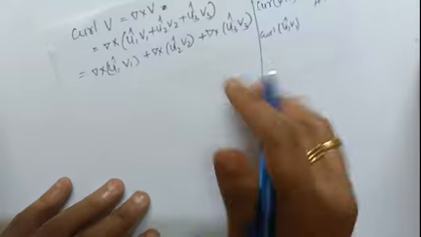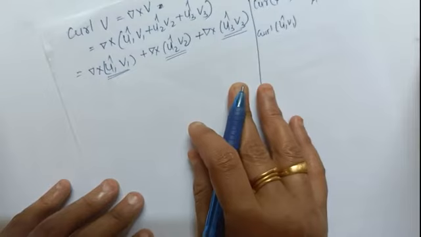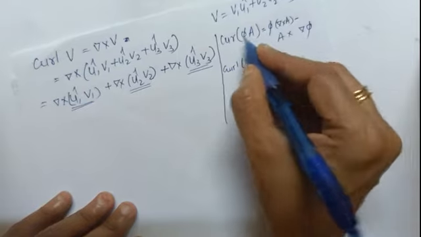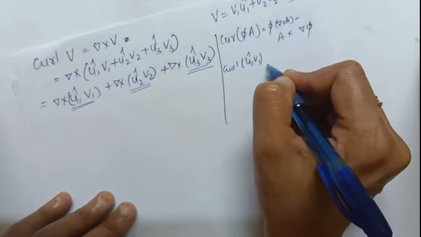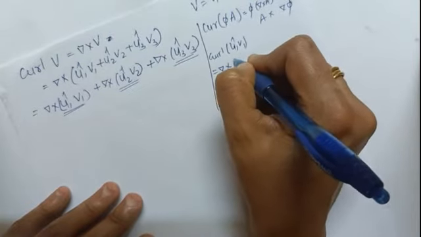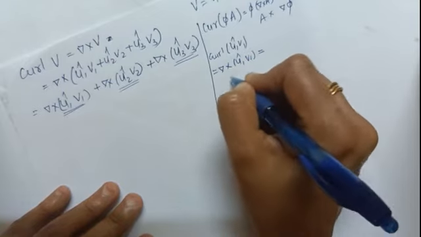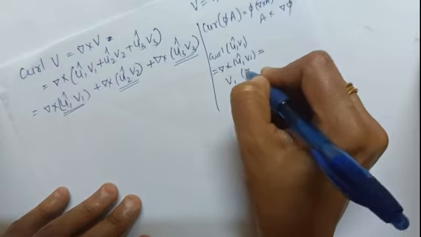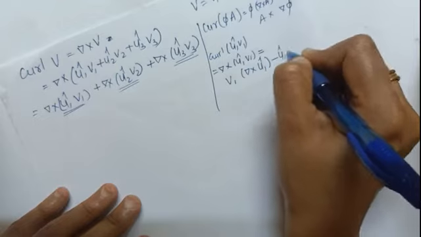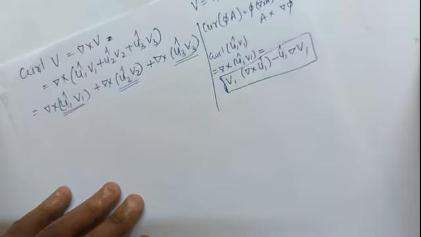Let us see each individual term. Let us find for the first term and then we'll do the cyclic permutation. Okay, so curl of, instead of phi and A, we are having Ui and Vi. So what we'll write? We'll write it as del cross Ui Vi is equal to V1 into del cross U1 minus U1 grad V1. So this is what we are going to use here.